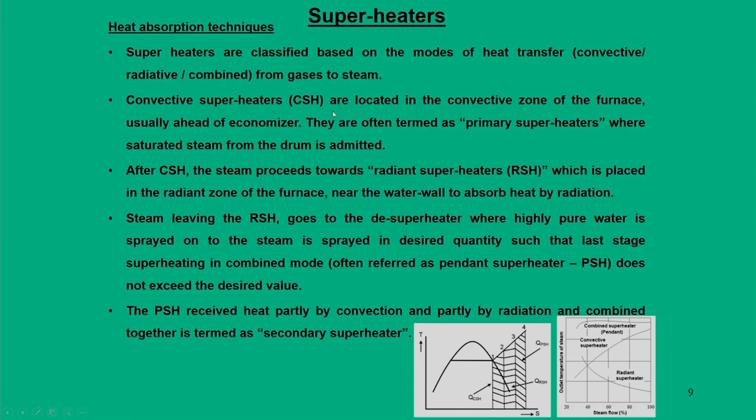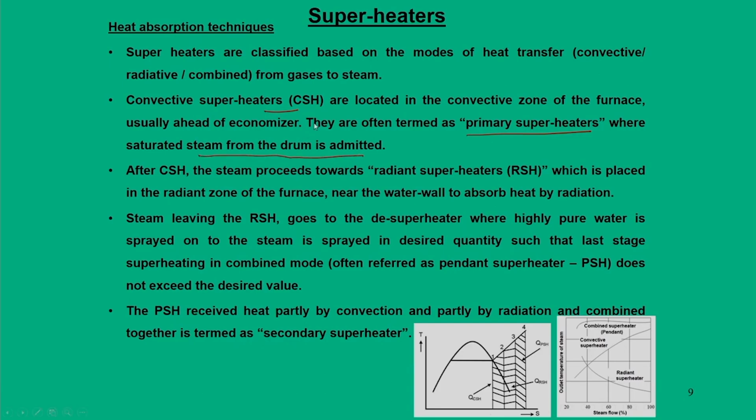Convective modes are normally located in the convective zone of the furnace. That means, in the entire steam generator unit, it is mainly closer or just ahead of the economizer. And so, these convective superheaters are normally referred to as primary superheaters, where the saturated steam from the drum is